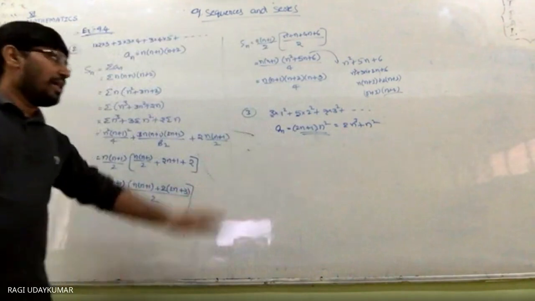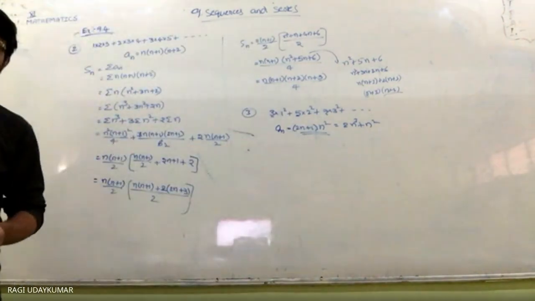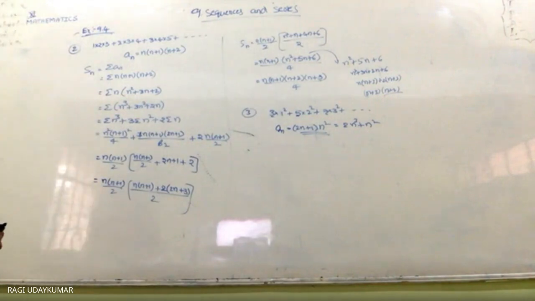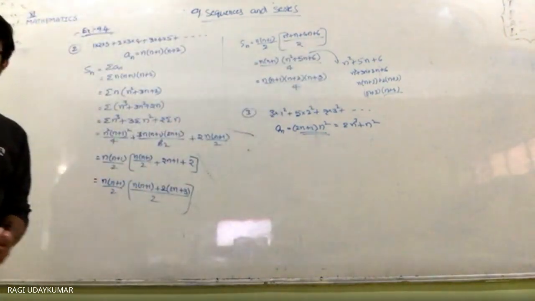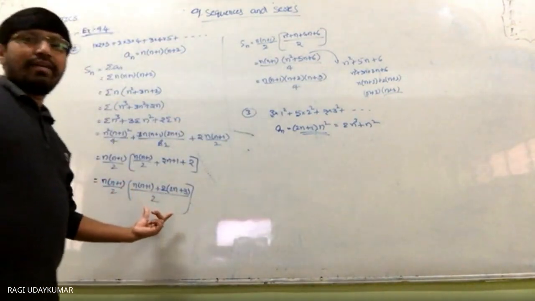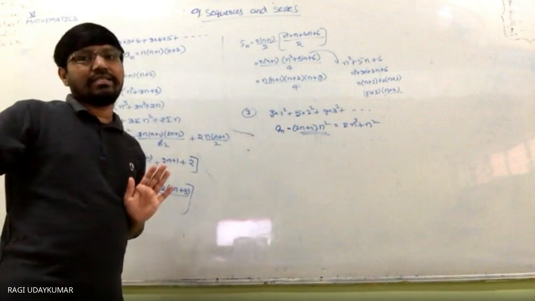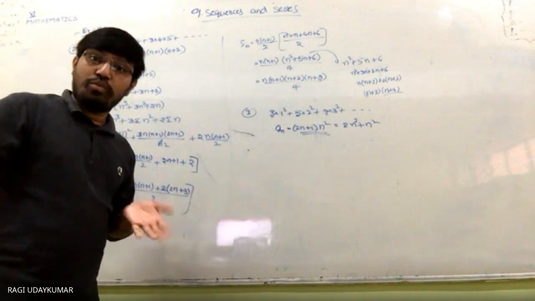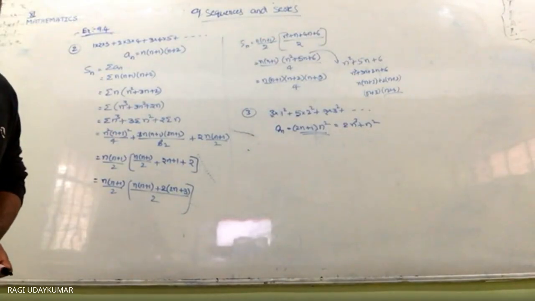Sigma a_n: you have to do the same expansion and simplify. That you can do, it's not very difficult for you, I think. So I am leaving this to you as homework. In case factorization is not possible in any problem after taking common, whatever term you are getting after taking common, if factorization is not possible, you can leave it as it is. You may get it factorized, you may not. After doing the problem only you will come to know that.